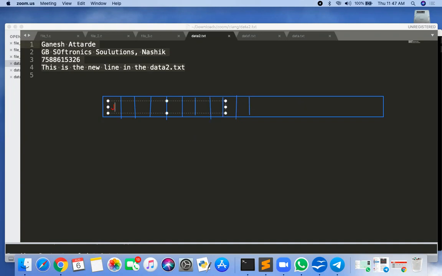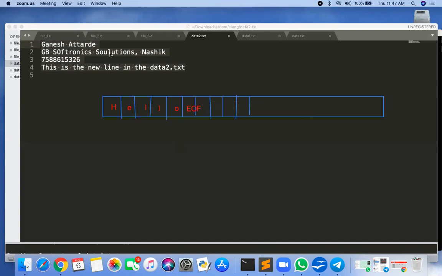So this is my H, this is E, this is L, L, and O. And what is the last character? The EOF character. The last is the EOF character.